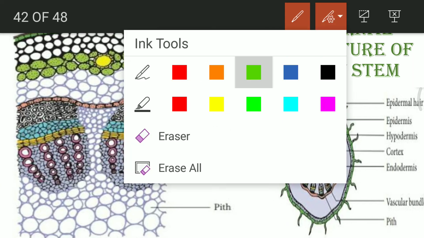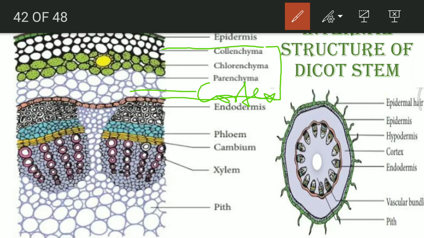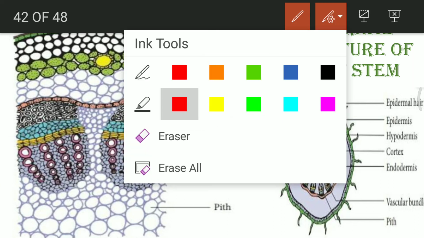What about the other part? I'll just write cortex once again. And inside that green layer, the collenchyma cells, they are the hypodermis area. Hypodermis consists of specialized cells which have chloroplast within them, and because of the presence of chloroplast, photosynthesis occurs in those cells. Collenchyma cells have a large amount of food particles or starch grains or even water molecules within them, and they help in the process of photosynthesis.